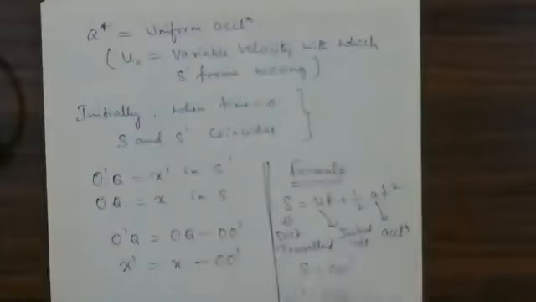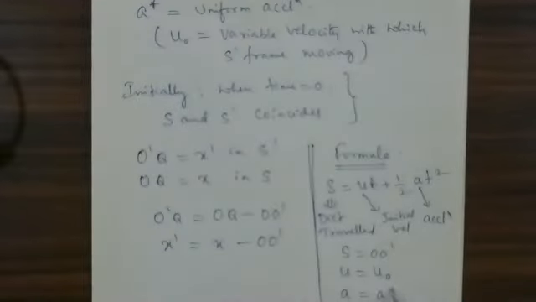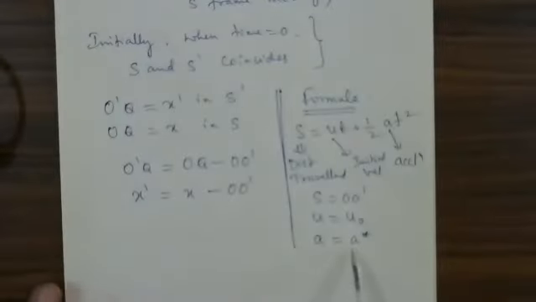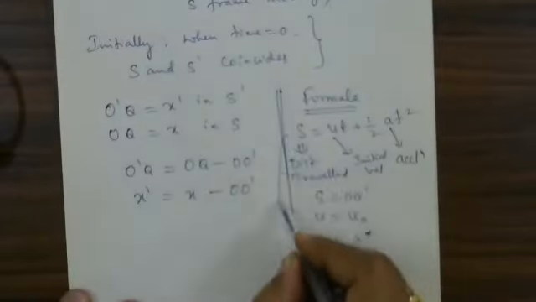Whereas the initial velocity U is equal to U0, having an initial or variable velocity U0. But A is equal to A star; instead of acceleration A, I have written A star. Therefore, this equation becomes